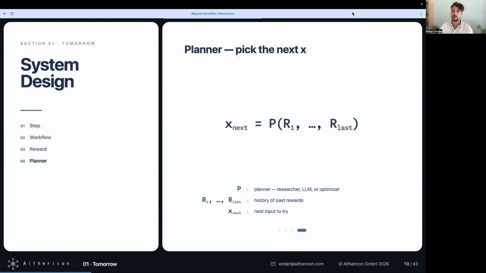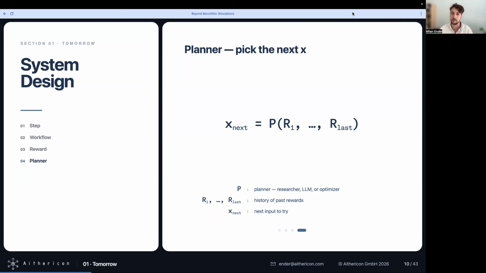And then to drive the full loop, so to have a continuous research loop, we might need to make a prediction. So where would we want to look next? And here, I call it planner. Our strategy comes in, and it basically takes all our past observations, all our past rewards, and based on the past results, our learning, so to speak, we want to make the next prediction. So the next parameter set that we want to try out. And the planner can be anything.